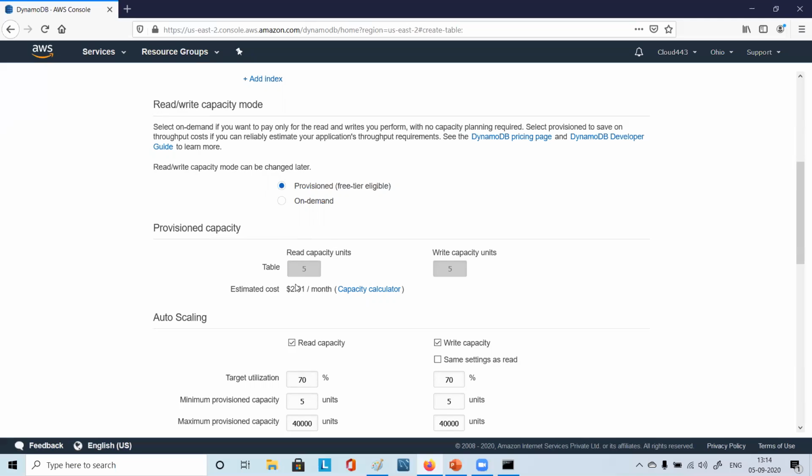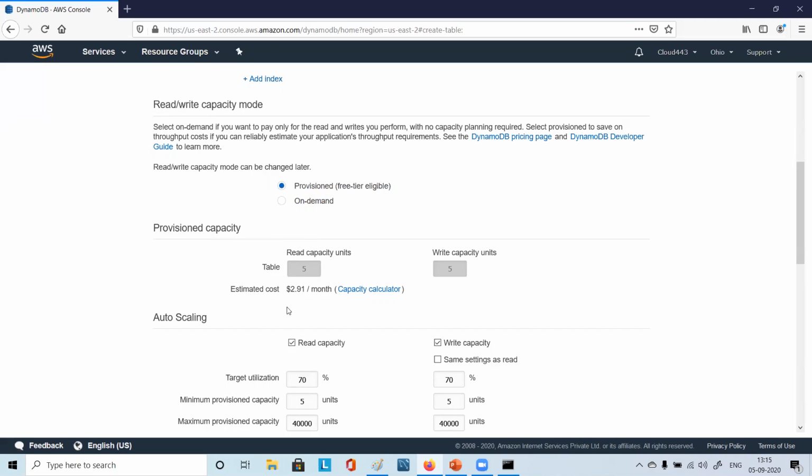Say it is 5 KB, 6 KB. You may consume 2 read capacity units. Understood? So it's not exactly one read request. Getting it? Hello. I got it. Yeah.